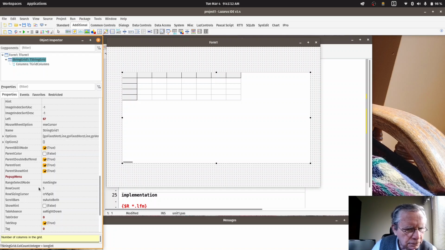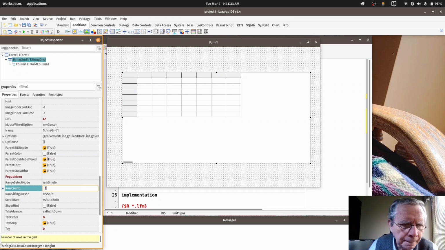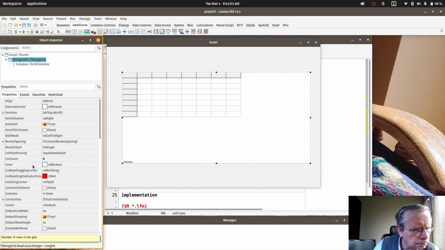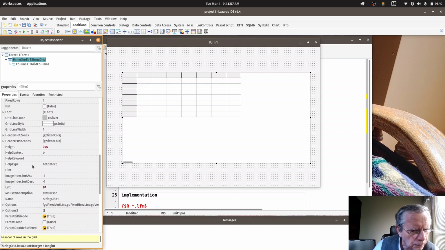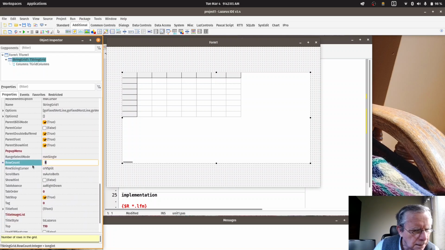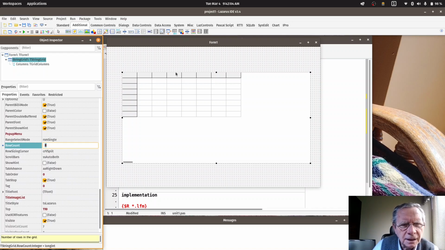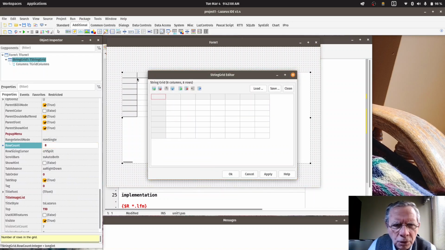Now, currently the row count, that's this stuff here, these rows that go across, is set at 5. Let's change that also. We'll make it 8. Let's just see what happens here. 8. Okay. Well, let's start labeling this. I think I double clicked it, and this is the string grid editor. And now I can size it. So I can make these different sizes, and I can label them. You know, when I clicked in this box,